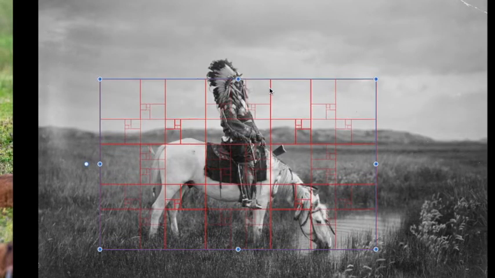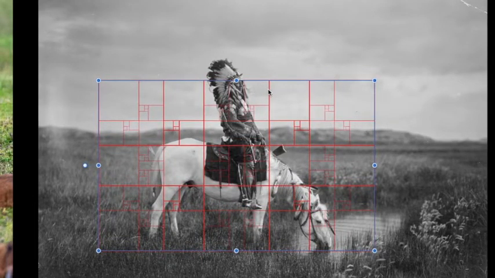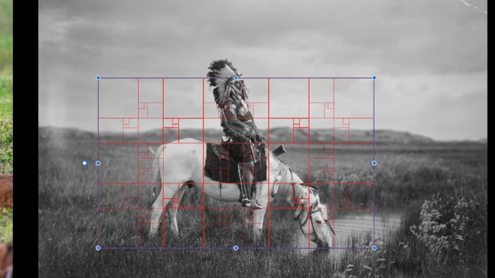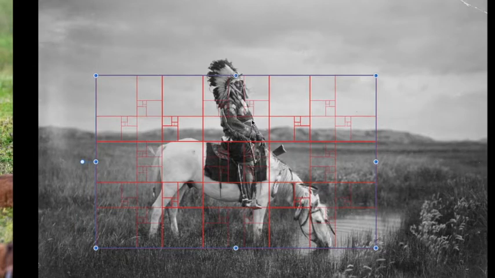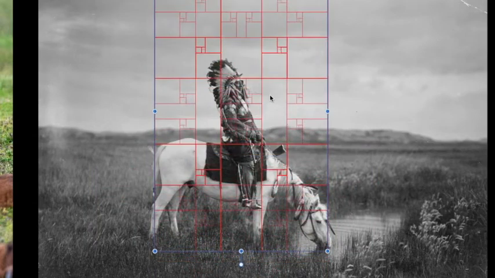Beautiful headpiece. So we go to the head. Most obviously we can see that that blanket is filling this square perfectly, or really well. That's the center. And then if we rotate it,